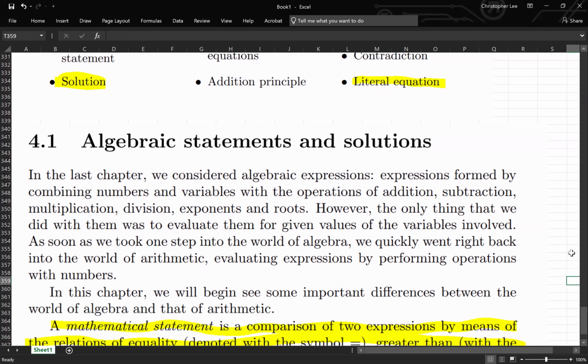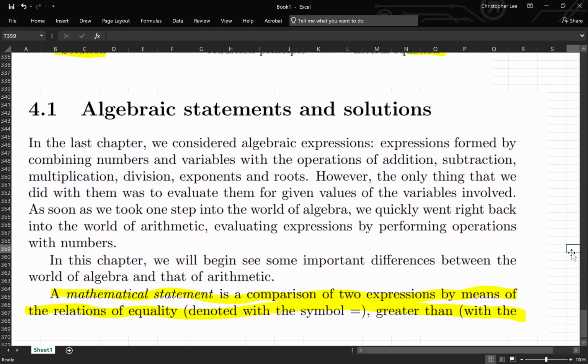AKA, that's what was our test yesterday, right? So now we'll begin to see some important differences between the world of algebra and that of arithmetic. A mathematical statement is a comparison of two expressions by means of relations of equality denoted by the symbol equals,